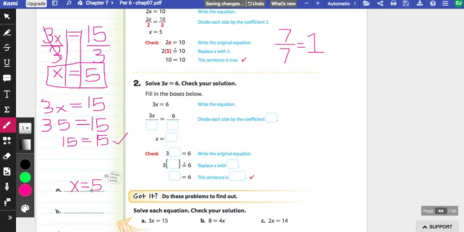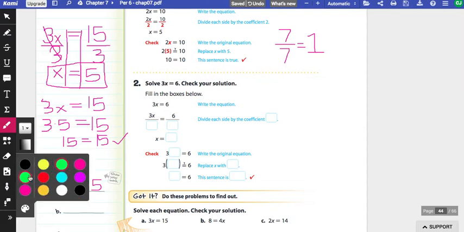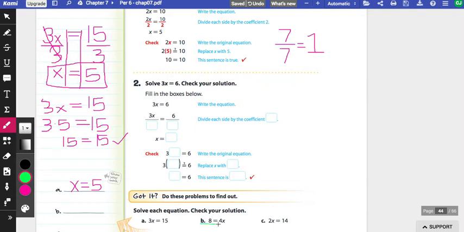Now we're going to go ahead and solve letter B. Letter B, I will solve in green, over here. So my equation is 8 equals